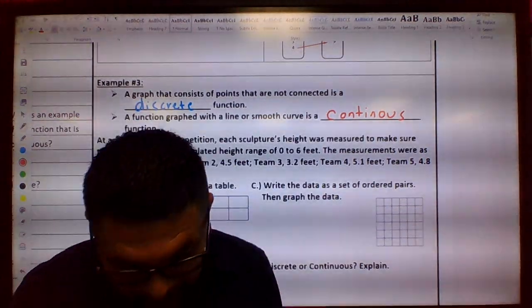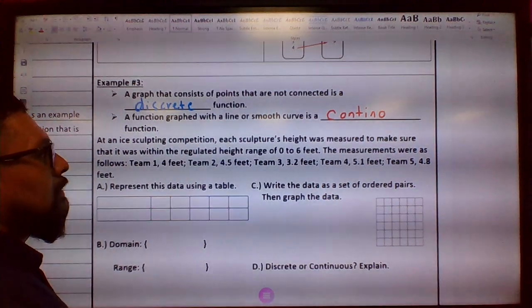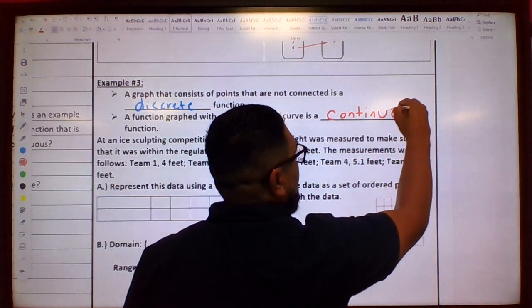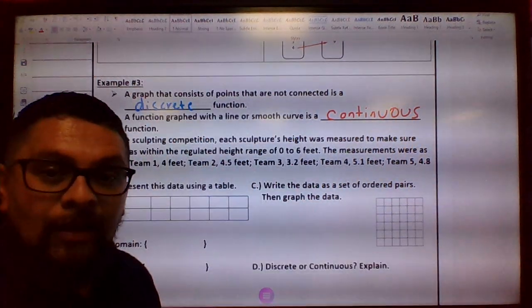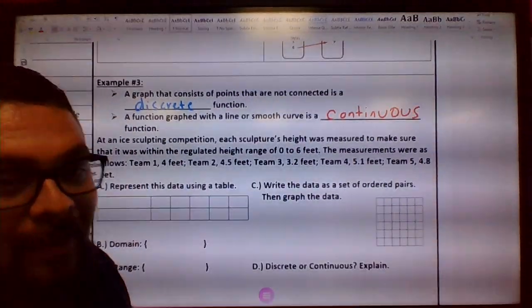Did I spell that right? Nope. Go to the last one. Continuous. There. You can tell I'm a math teacher, right? Not an ELA teacher. Sorry about that. Anyways,